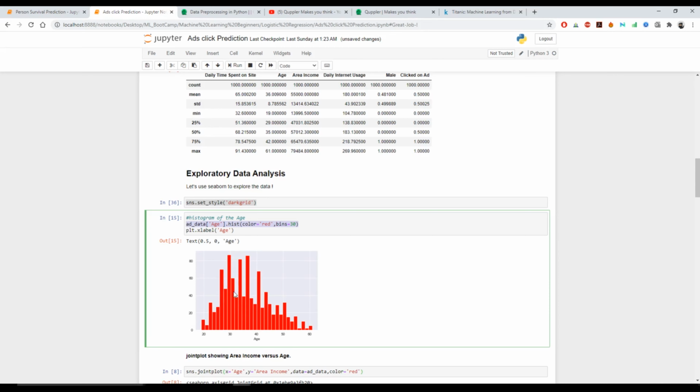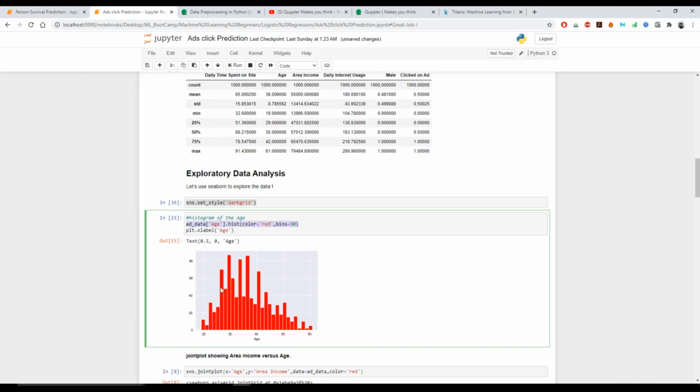We can see that most people are around their 30s, around 35, between 30 and 40. So most of the people in our data set lie between.